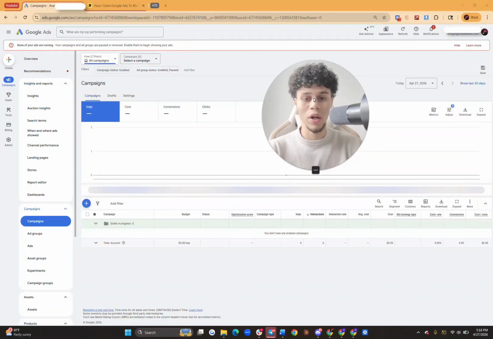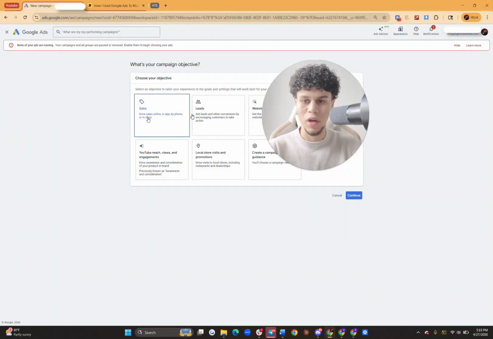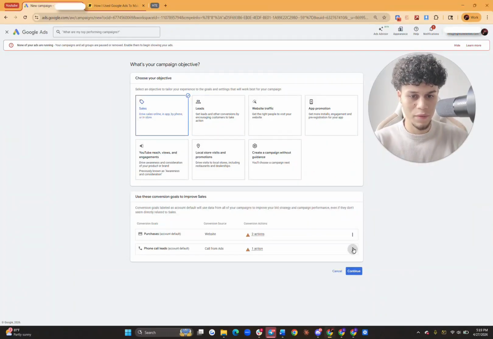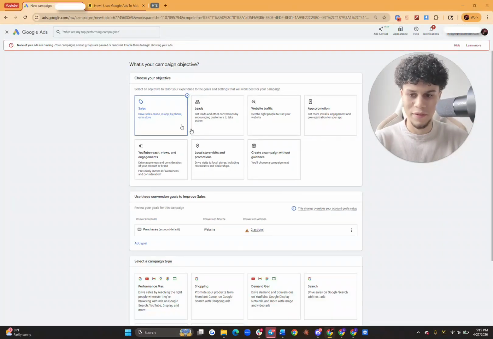All right, guys, now we're going to go right into launching search campaigns, okay? You're going to come right here, press that blue little button with that white plus sign. You already know. Hit that sales objective. Sorry, guys, got to remove this. I don't know why that's on this ad account. I'll get it removed after this.